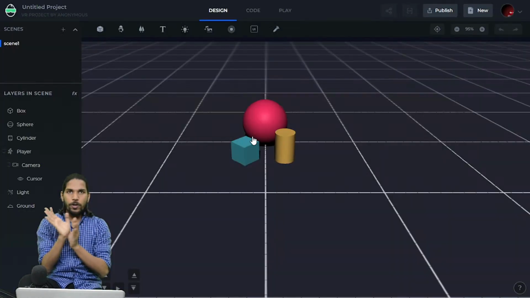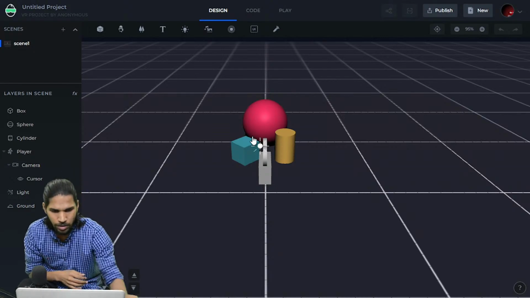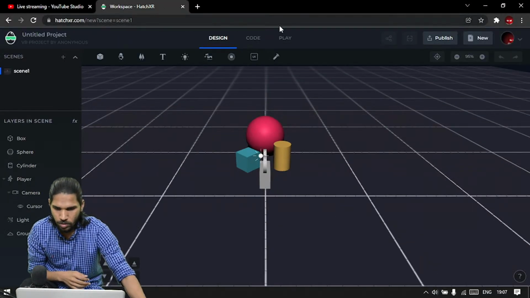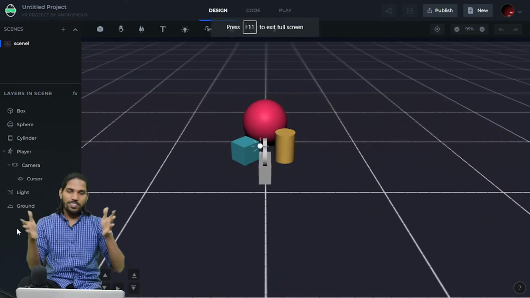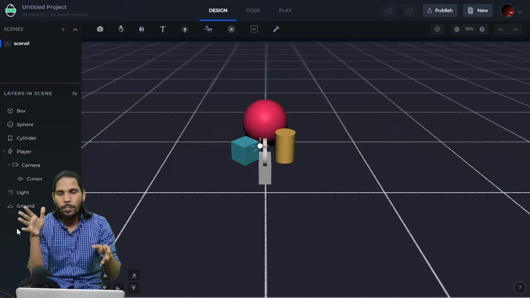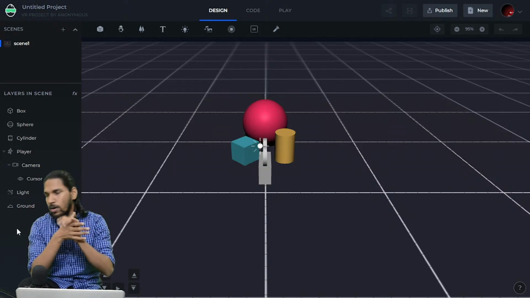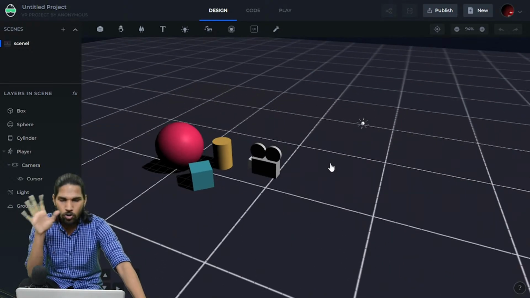I'm opening up a new project. You can open a new project by simply going to HatchXR.com. I have closed the previous tab. Fine, so this is the HatchXR window. You can open it by going to HatchXR.com and then clicking on the new project button. Okay, so what we are going to do now is I'm going to show you how to build this